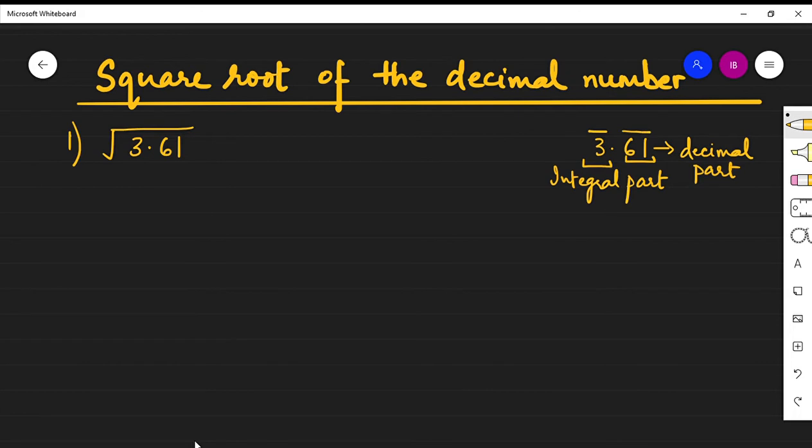Take one more example, 42.64. This is the integral part. This is the decimal part. On the integral part, start from here, right to left. On the decimal part, start from here, 64. Take one more,